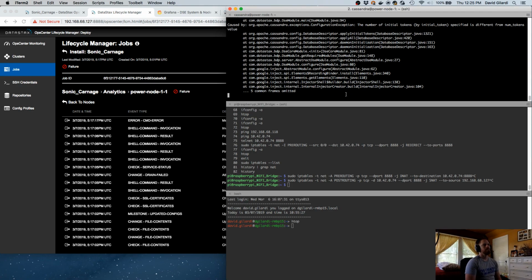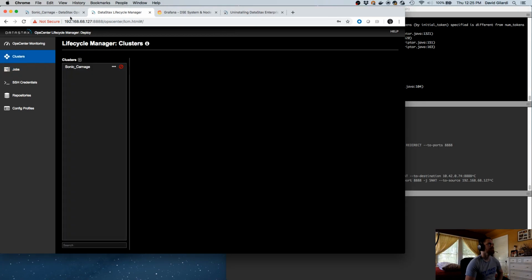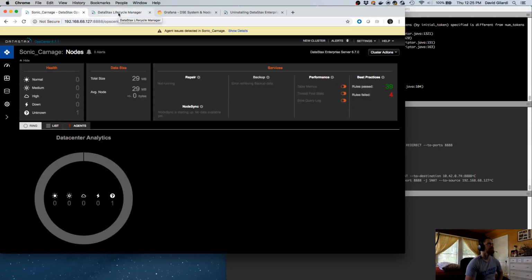You just have a pre-existing non-LCM cluster that you want to bring in and begin managing with LCM. Yes. So the first thing you would do is add that cluster to Op Center, what I typically call Op Center proper. This is the browser tab that has metrics and agent status and backups and repair service and all that kind